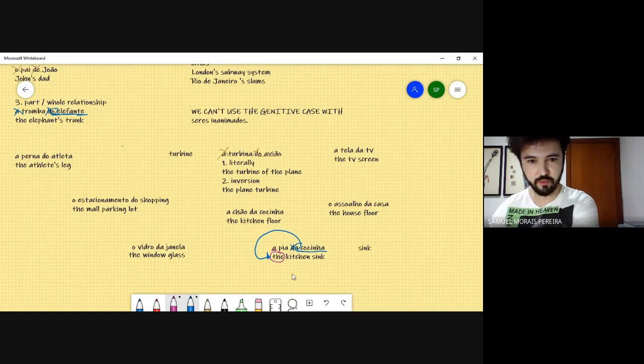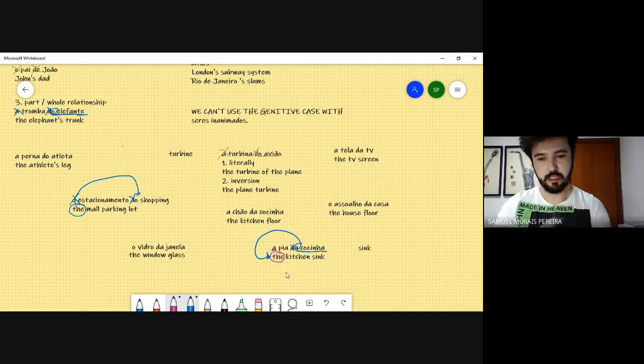Isso acontece com todas, tá? Que nem aqui, ó. O estacionamento do shopping, eu cortei o artigo daqui e depois o de. Então, esse de que tá aqui, na verdade, é a tradução desse o aqui antes de shopping, tá bom? The mall parking lot. Então, the kitchen sink. Bom,